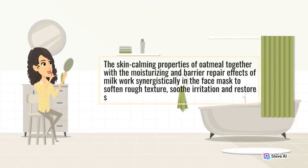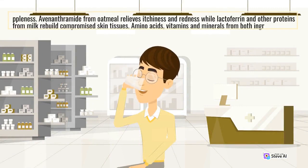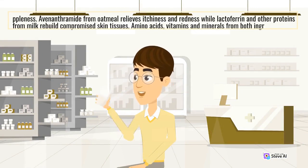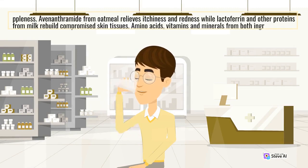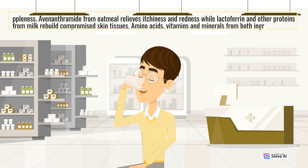The skin calming properties of oatmeal together with the moisturizing and barrier repair effects of milk work synergistically in the face mask to soften rough texture, soothe irritation and restore fullness. Avenanthramide from oatmeal relieves itchiness and redness, while lactoferrin and other proteins from milk rebuild compromised skin tissues. Amino acids, vitamins and minerals from both ingredients